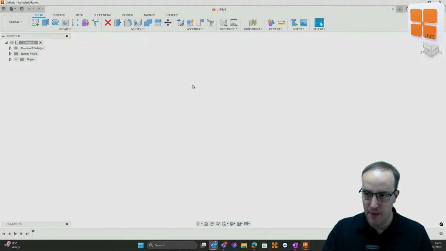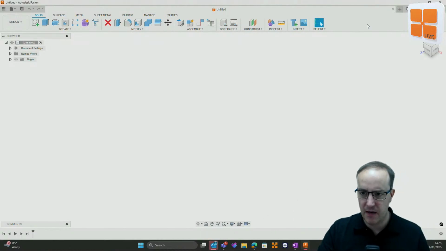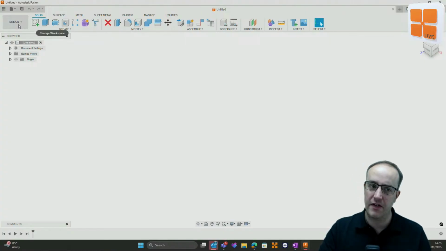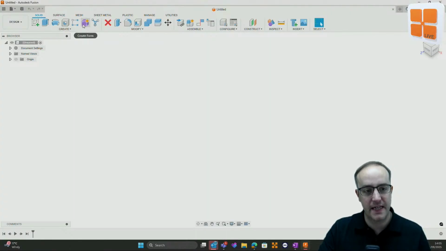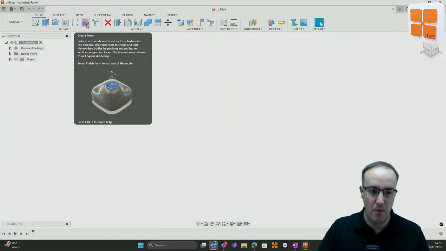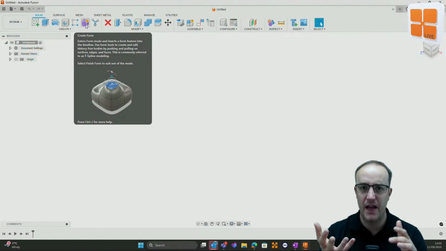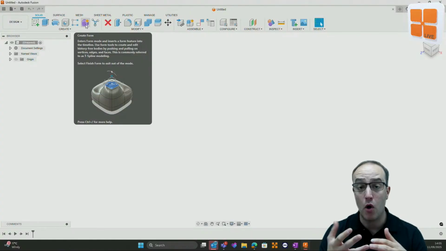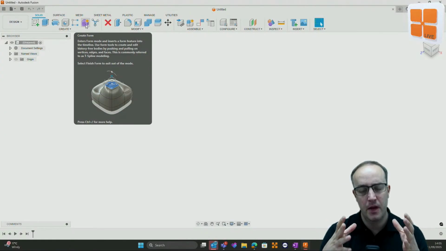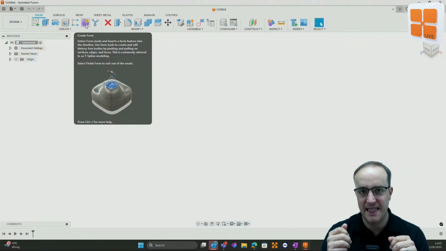But I'm inside of the latest build of Fusion. I updated this morning, so we're running the latest build. I want to be in my design area, so make sure your workspace is on design. And then under your solid modeling tools, you've got this purple box here that says Create Freeform. And what this will do is it will give you a primitive form, like a sphere or a box that we can use as a base and then push it, pull it, manipulate it, almost as if it's a piece of clay